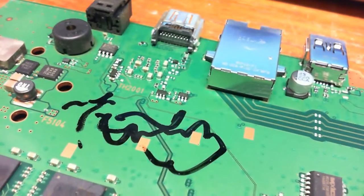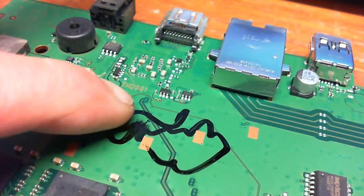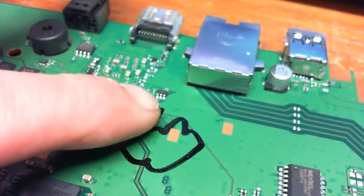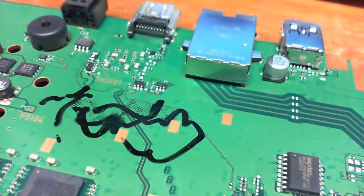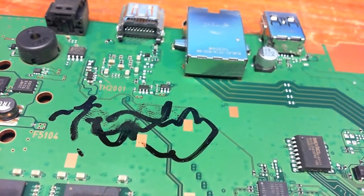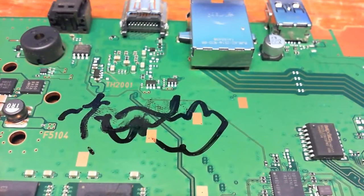So just for those of you who want to know that the board was actually repaired and that I'm actually doing the repair, I'm going to mark on it, and we'll video this board start to finish. Now, I'm not going to bother putting up a video showing that it was working, because I don't video repairs